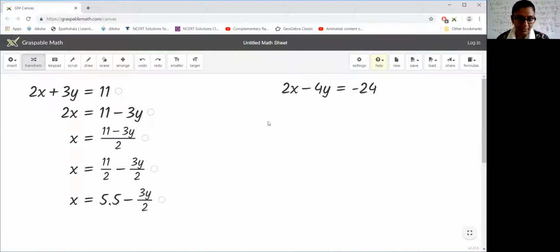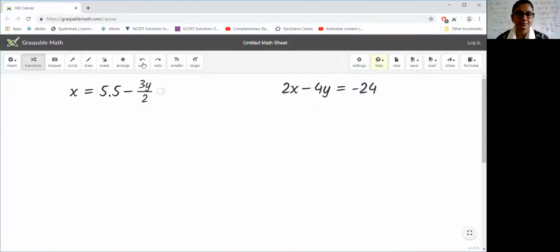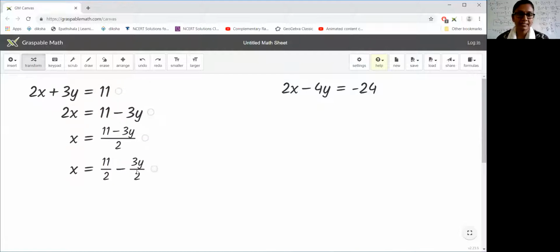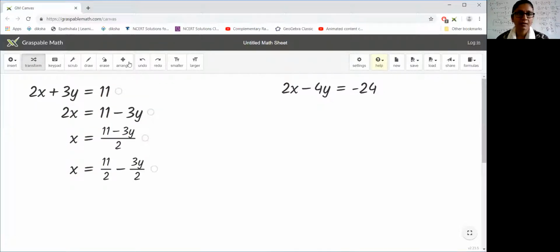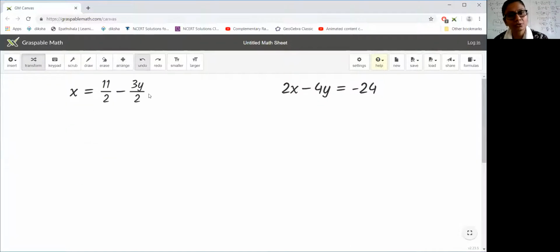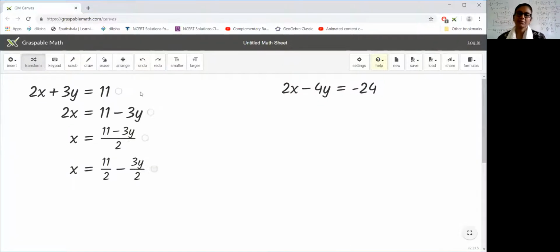If you want, you can keep it like this only. Why? Because I have given you an idea. This is having a 2 here, so that 2 and this denominator 2 will get cancelled. So if you don't require this, you can undo these steps. Say I undo the last 2 steps. Even this step I think I can undo. Let me see. It's not taking that. Okay, fine. Never mind. So I'm just showing it as a partial fraction.